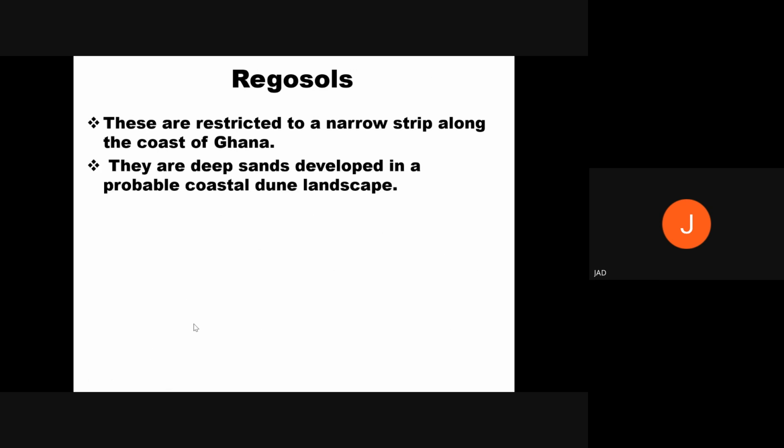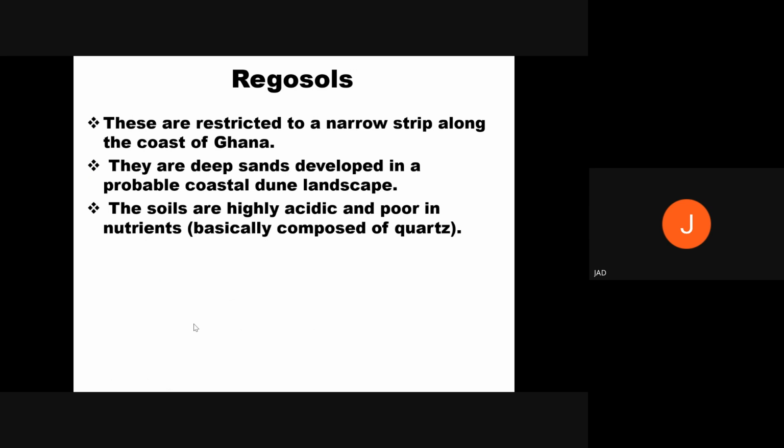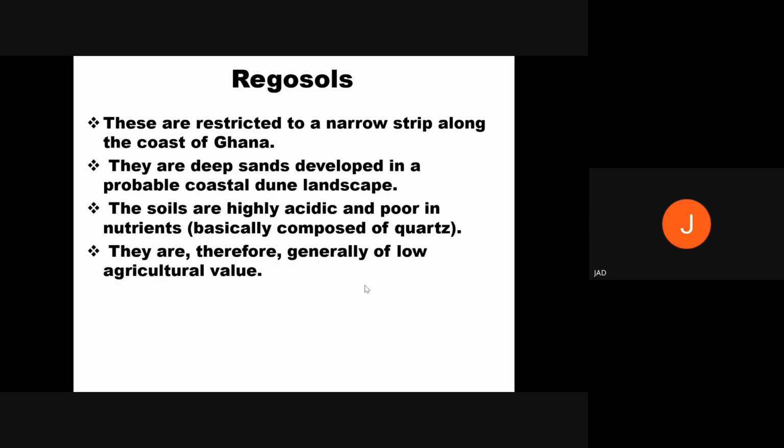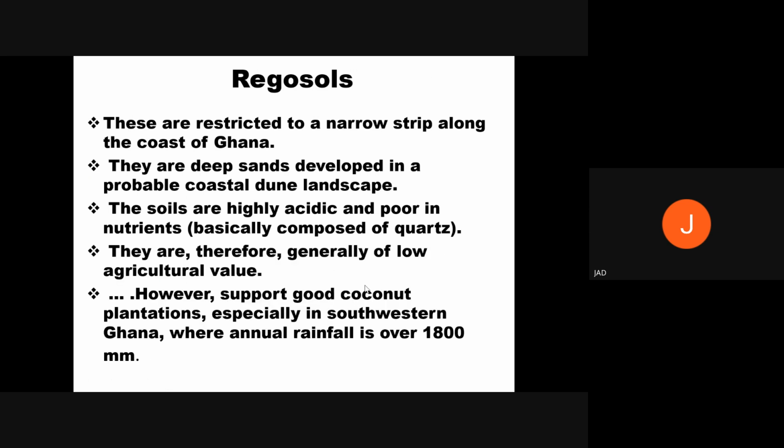They are deep sand developed in a probable coastal dome landscape. The soils are highly acidic, poor in nutrients, basically composed of quartz. The regosols are normally used for molding blocks in sandy soils. They are therefore generally of low agricultural value. However, they support good coconut plantation, especially in southwestern Ghana, where annual rainfall is over